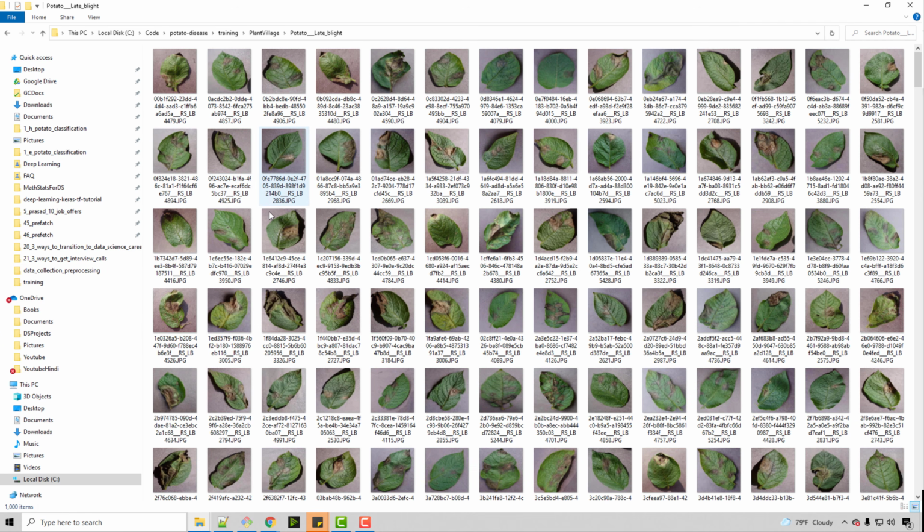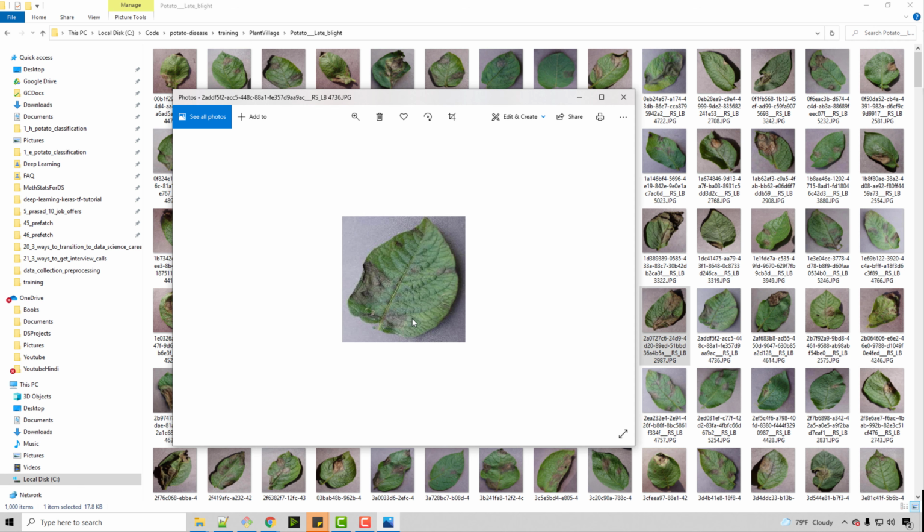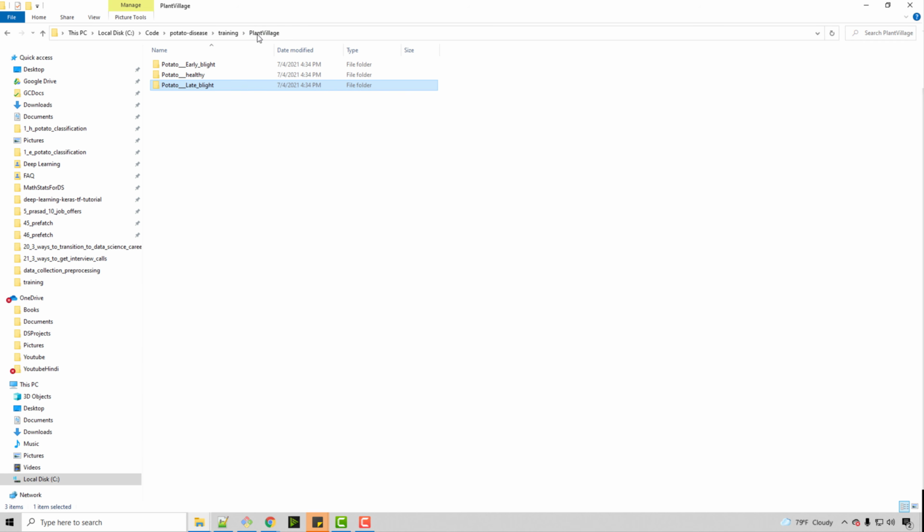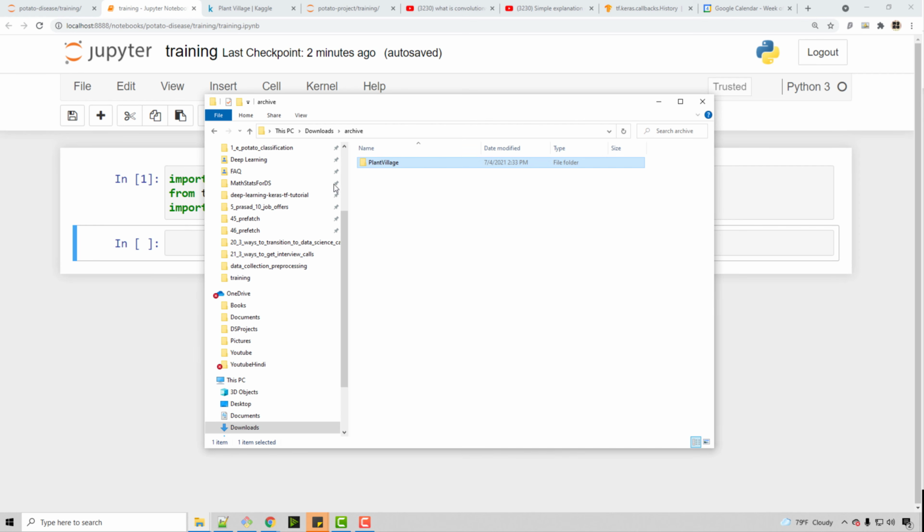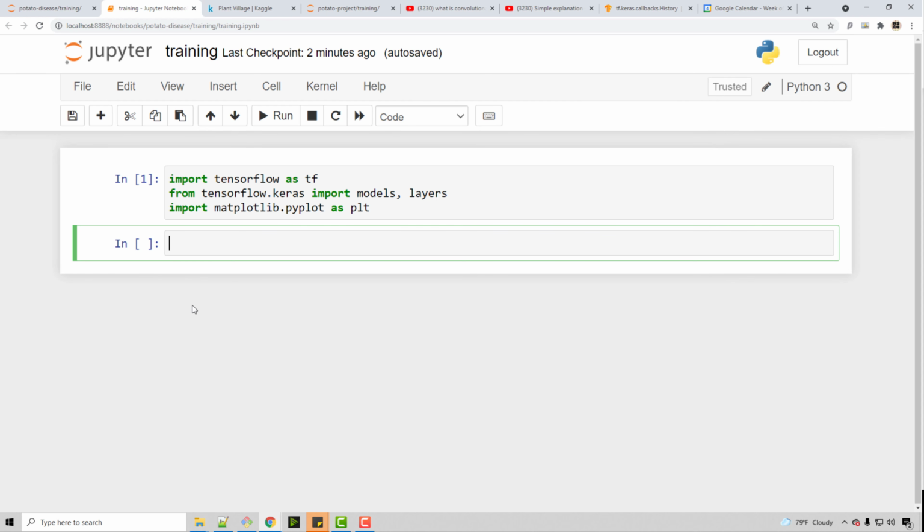The other one, late blight, is a little more deteriorating. You look at all these leaves, they look pretty horrible. So we have all this data here in our directory, and now I'm going to use TensorFlow's dataset to load